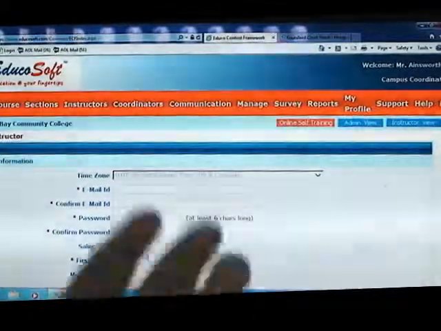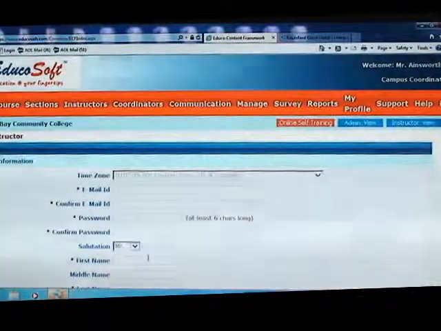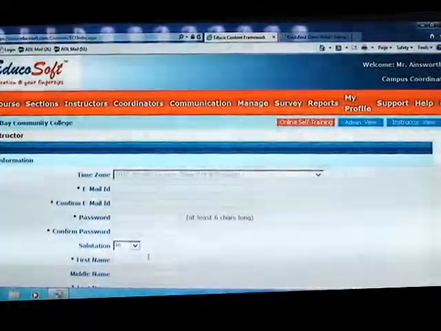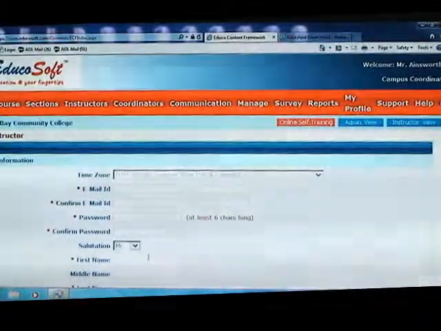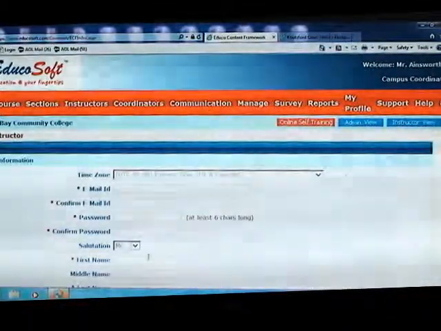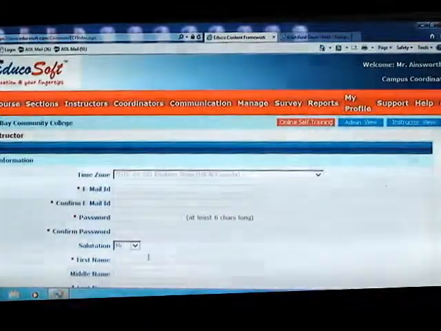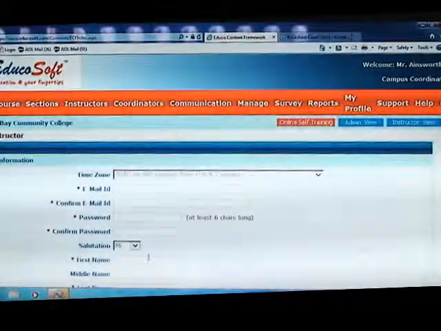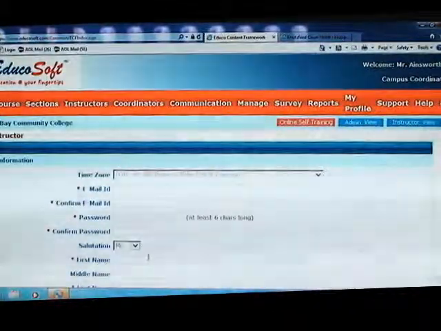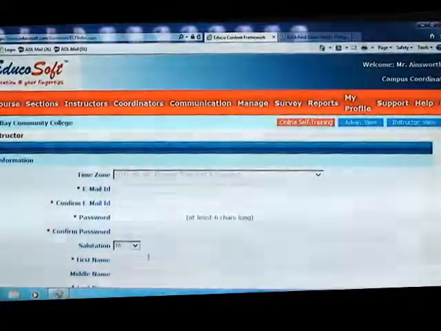A usual thing that you face while adding an instructor is that when you save it, it gives a message that the instructor is already in the system. Now that means that the email that you used for that instructor is being used already in the system, either by him in a different capacity or by somebody else. Therefore, you need to change that email address and then resave it to save the instructor in the system. Now this is how you add the instructor. Now for the time being, this is only a demo.